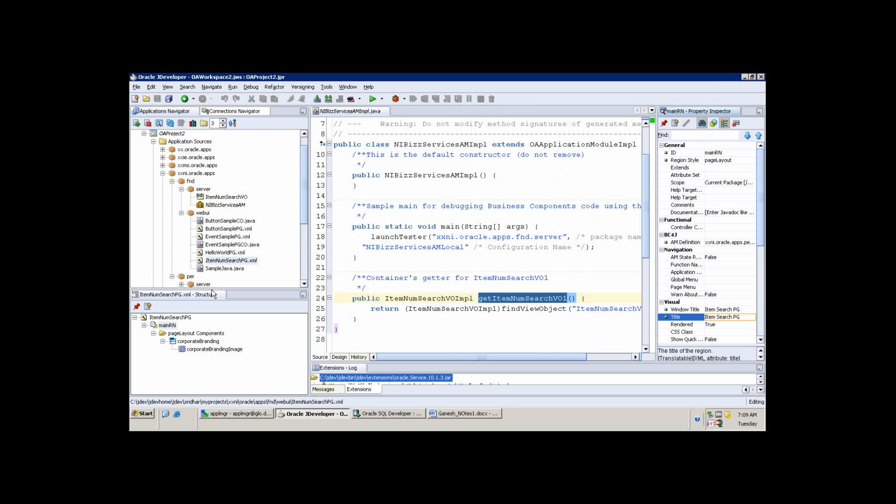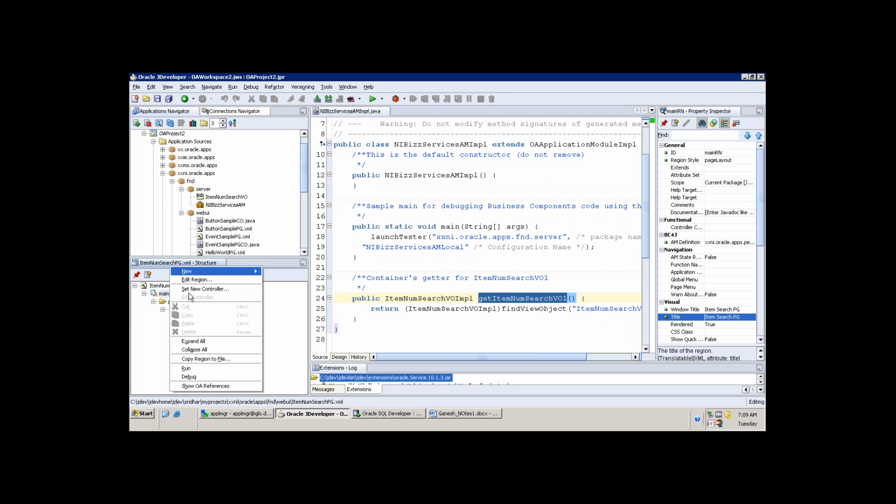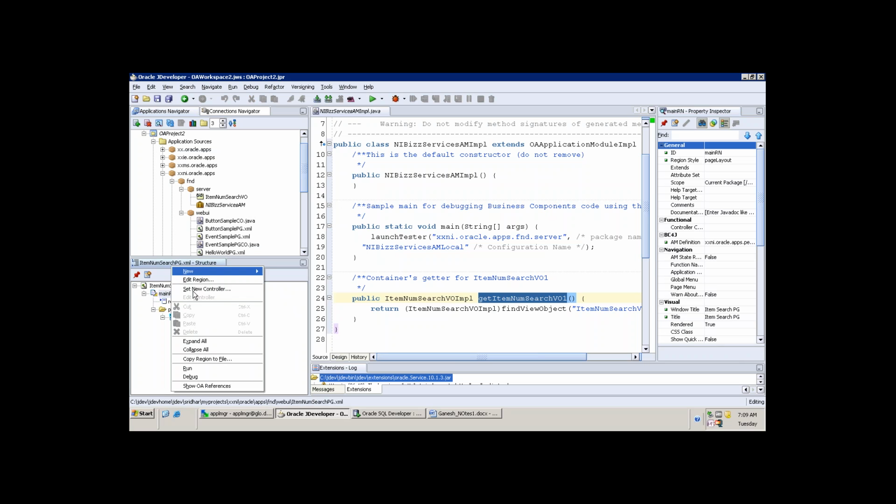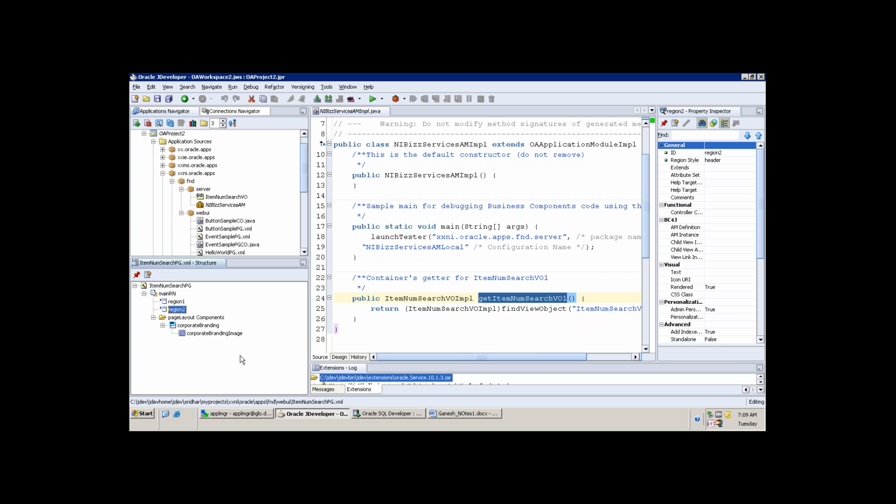Now here generally a search page will always have a search region as well as a data region. So let's create two regions now. In the main region, perform a right click on new region, and again perform right click on the main region and create one more region. So I created two regions now, region 1 as well as region 2, and both are of the region style